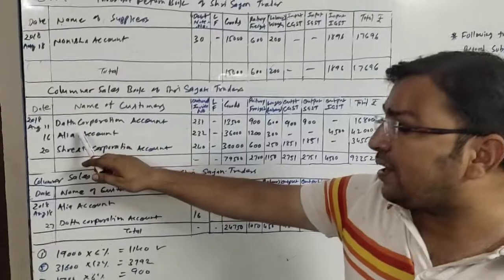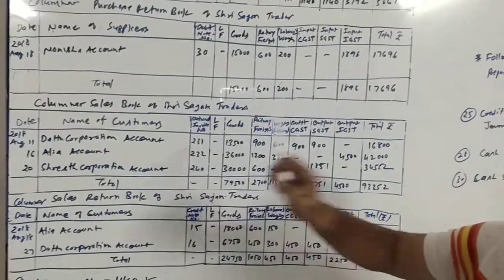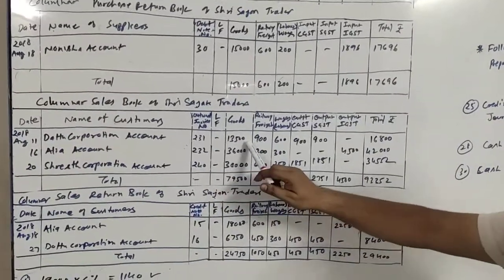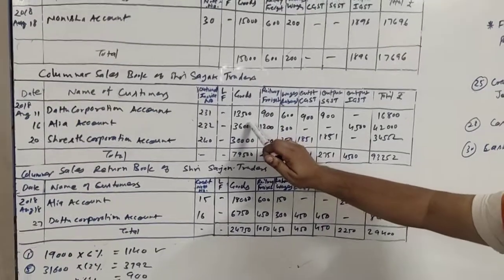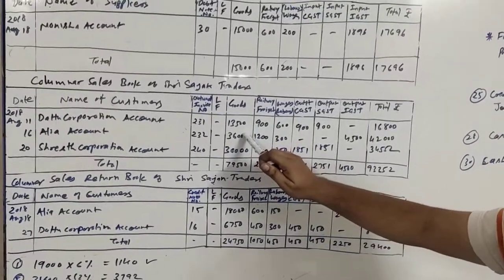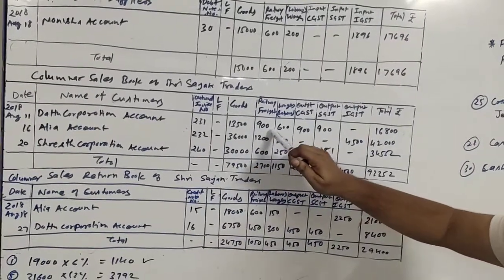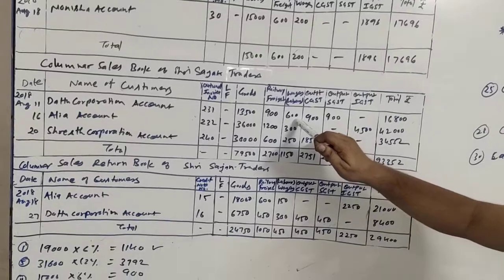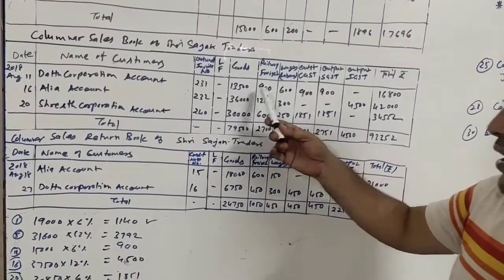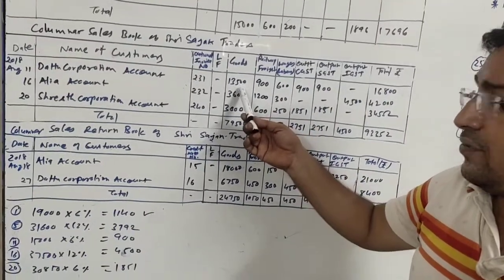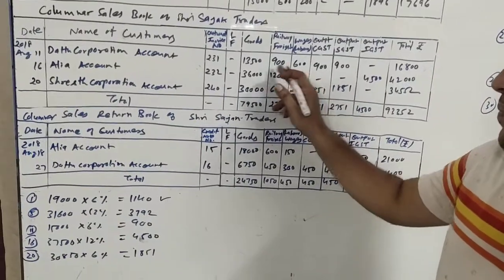Here it is the sales book, the 11th date, Dattu Corporation account, 231 is the output invoice number, and 13,500 will be the amount. Goods is of 15,000, 10% TD will be applicable, TD will be 1500. So 15,000 minus 1500 will come to 13,500. 900 is the amount of railway freight and 600 is the amount of wages which is given in the transaction itself. So the total amount will be again 15,000, 13,500 plus 900 plus 600. So the total of 3 will be 15,000.